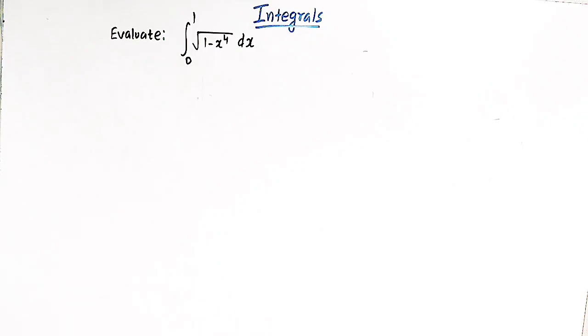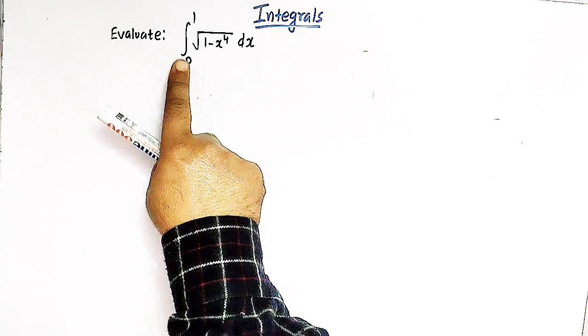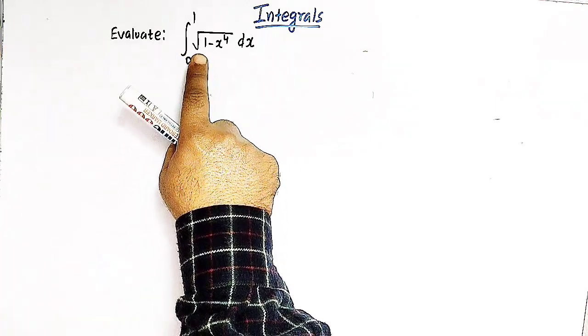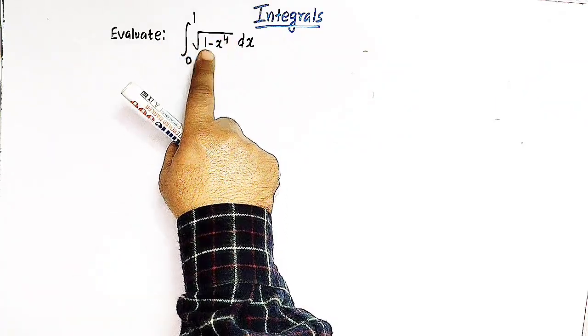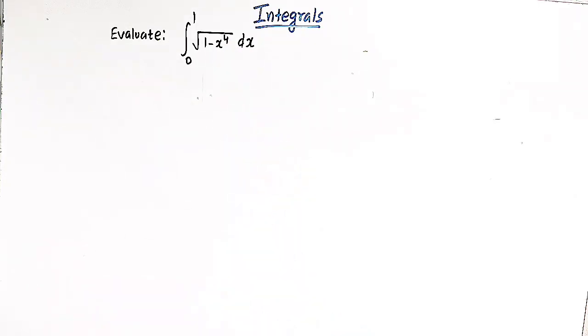Hello, viewers. In today's session, we are going to discuss another important application of beta and gamma functions to solve this given integral. So here we have to evaluate this definite integral from 0 to 1, and the integrand is square root of 1 minus x raised to 4, and here we have dx, right? So let us see how easily we can solve this integral using some important results from beta and gamma functions,